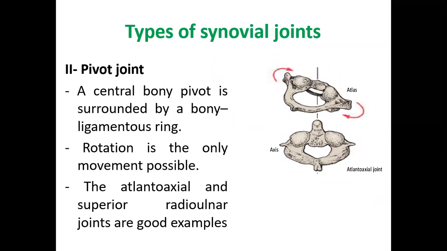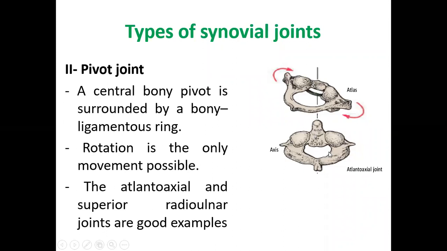The second type of synovial joint is the pivot joint. This is specially seen in the case of the first and the second cervical vertebrae. The first is the atlas. The second is the axis. It is called the axis because it has a dent here, this long process called the odontoid process, which acts as the axis for the first vertebra. So the first vertebra will rotate like this, in this direction,